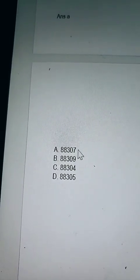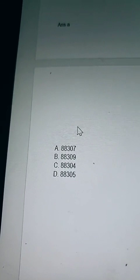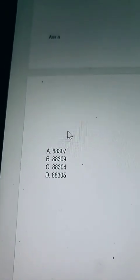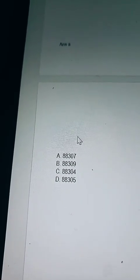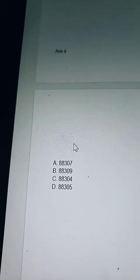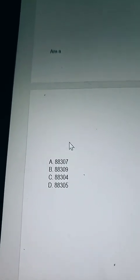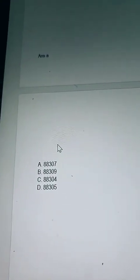Ooh, our lovely codes, guys. When you see the 88304s, 05s, 07s, 09s, can you do the process of elimination with these codes? No, you can't. These are my 4 little codes that I tell y'all that we cannot do the process of elimination on. They're the only 4 little codes we can't, because we have to make sure we know what they removed from a patient and what they want us to evaluate. These codes are, if you're in the CPT book,